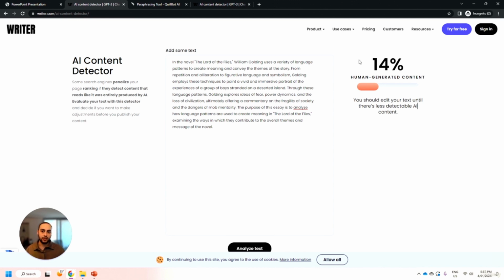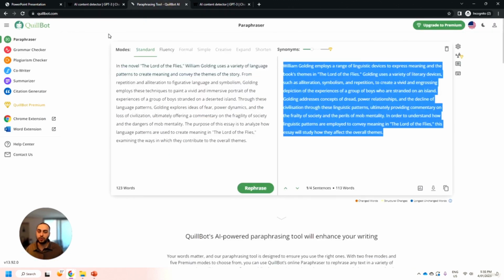Where it becomes a bit more concerning is that with just as much AI content detectors there will be, and with just as much language model websites there will be, there are also equally going to be paraphrasing websites coming into play. One that I've got here to show with you is known as Quillbot. I have equally copied that same introduction and have gotten Quillbot, which is a free to use service that our students may use, to actually paraphrase the entire introduction.